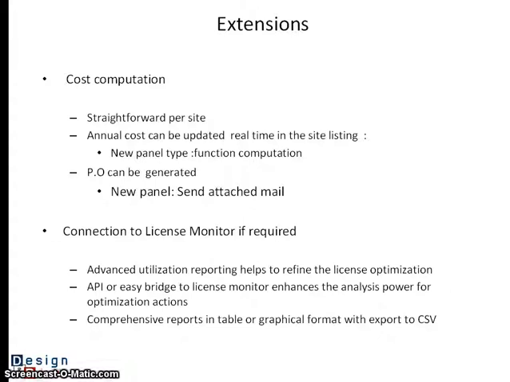You can compute the cost. If you have assigned license to a cost, you can have what we call a leaf type called emit a mail, and the mail will compute the cost and send it to the department. You can attach your PO and so on. If needed, you can also connect to License Monitor. You know that you have tools which analyze in real time the License Monitor. It's a little bit fine-grained for a global management like this one. But you can make an API and say, I would like to see exactly the license usage on this machine.